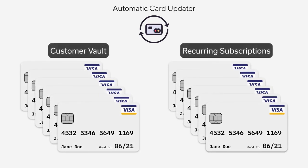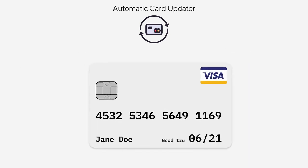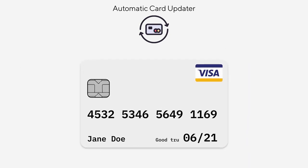customers stored in their gateway account, and they want to make sure that those cards stay up to date so that any recurring billing or subsequent transactions they run on their customers approve or have the highest chance of approving. And so if a customer gets a new card issued to them, either a new expiration date or a new credit card number from their issuer, then we can get an update for that, get that into the merchant's gateway automatically without the customer or the merchant needing to do anything, and people can keep getting their subscriptions and everything